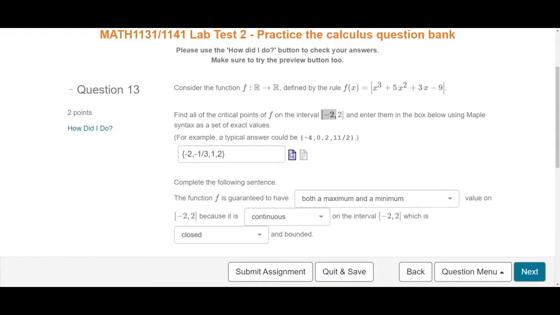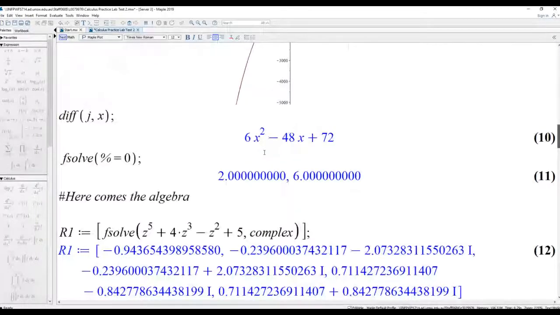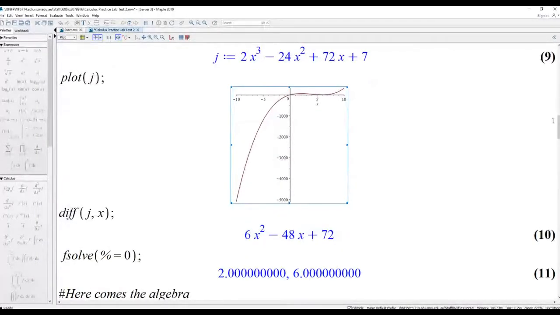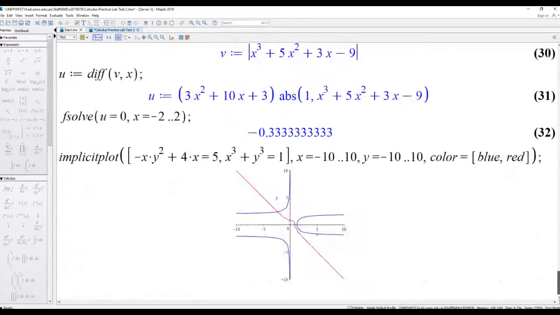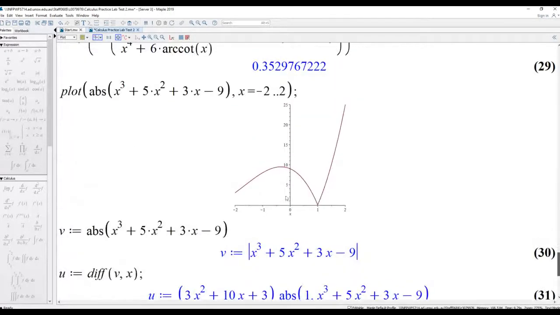Okay, so let me see if I can find what I've got there in terms of graphs. All right, so let's go over to my Maple window. Okay, so that was the question I was doing before. Let me just scroll down. Okay. All right. So what I've got here